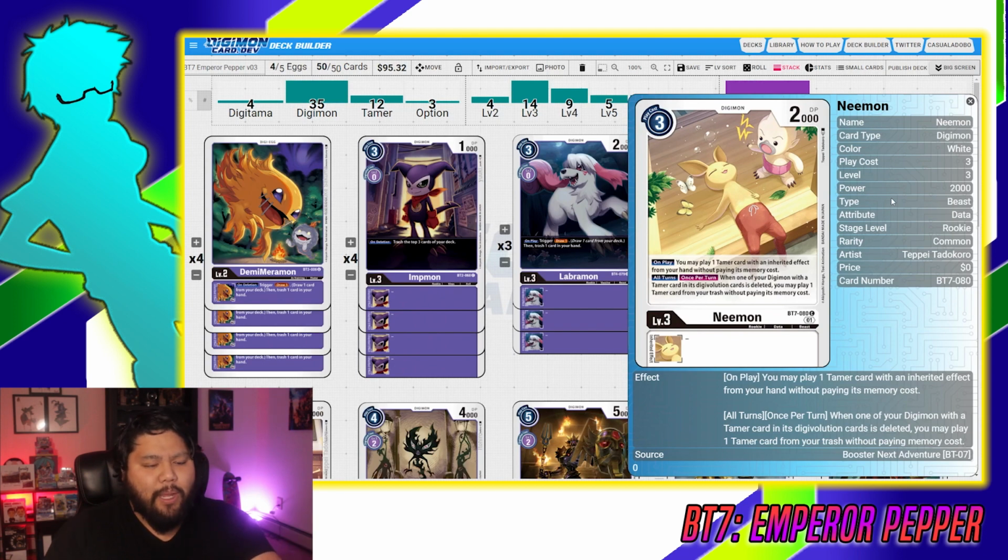Say I have a purple hybrid with Koichi out on the field, Koichi underneath. That gets deleted for some reason, lost the security, right? It goes to the field. I can play the Takuya onto the battlefield using this effect. So I think Digimon has some really sneaky, really surprisingly good utility, especially for a strategy that revolves around specific